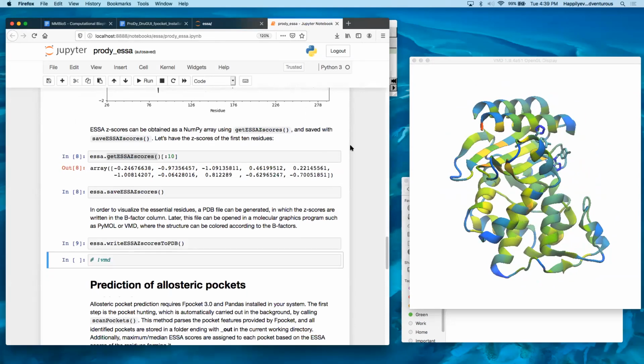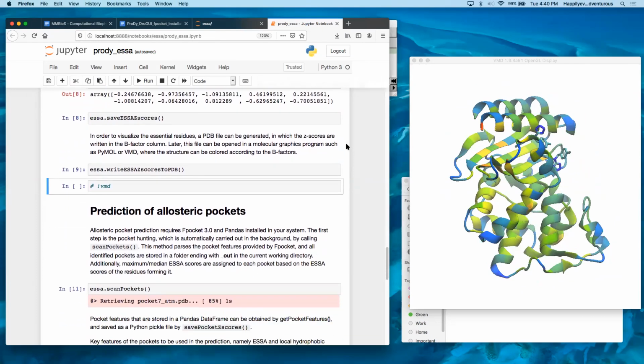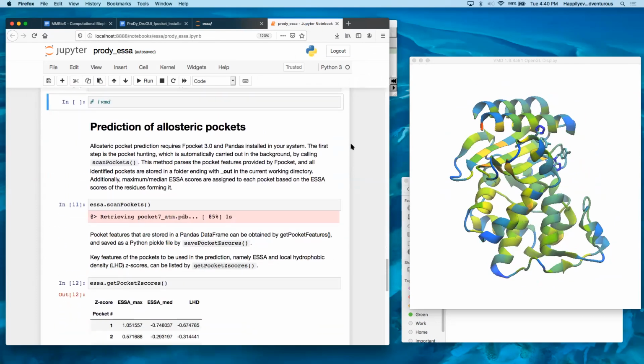ESSA. The second part of ESSA is the prediction part, right? In order to do that, as I said, you have to have the F pockets. If you don't have F pockets now, just watch it. If you have F pockets, it's so easy to scan the residues. The only thing you have to do is write this command and run it. It will fetch some of the files which ESSA generated and then apply F pockets at the backend, okay? And then it creates